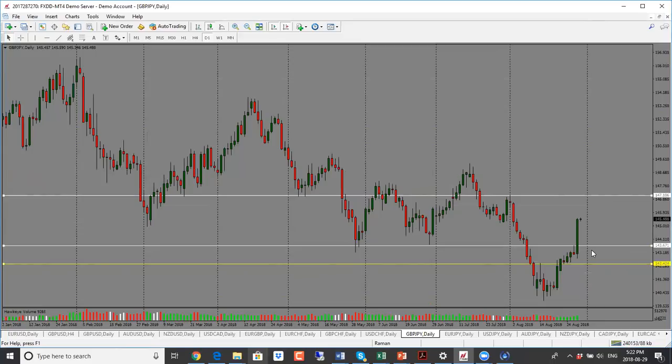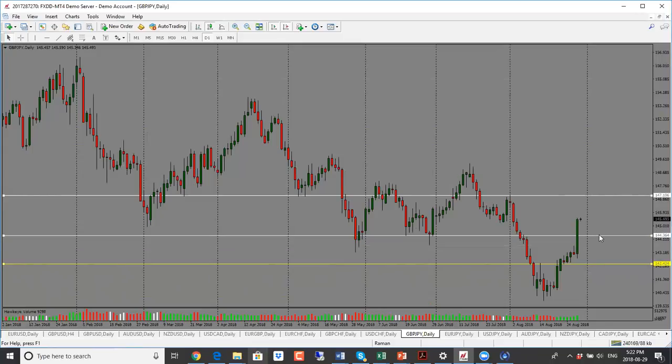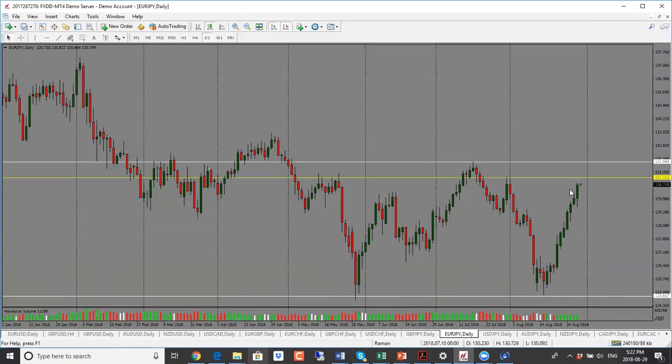Fundamentals always play a big role in what's going on. Any news, any events, comments, all of those make a big difference, and support, resistance or technicals can completely go to the wayside. So overall, right now, as a result of this big move, bias is to the upside. I will look for a pullback and then another move to the upside. So bullish bias, and I think it can go all the way into this 147.00 level. So bias is bullish for pound yen.